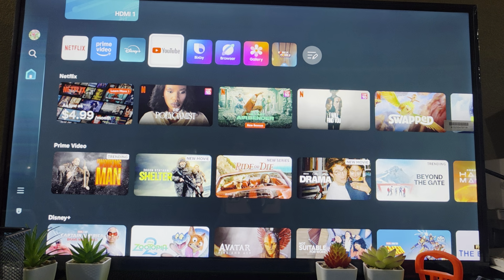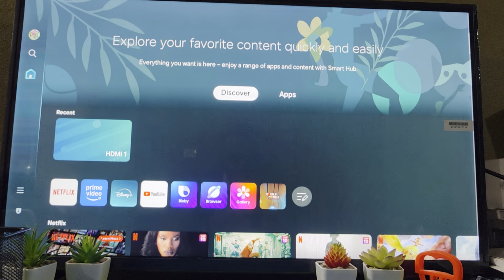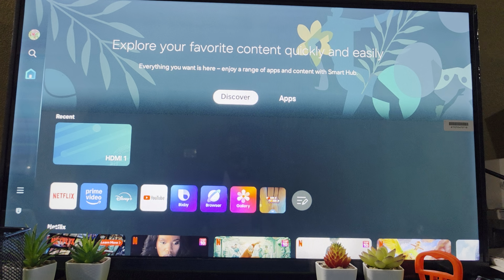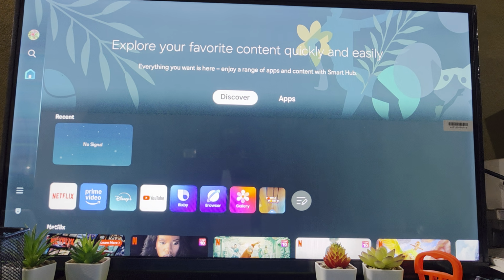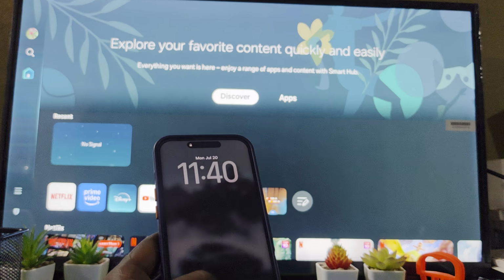Alright guys, so we're going to run through all of the possible solutions for this. This is Tizen, as we said. The principle should work across all TVs. So the first thing you want to do if you're having issues is check to make sure that you actually have internet. So go ahead guys and do a quick test. So you're going to use your phone,